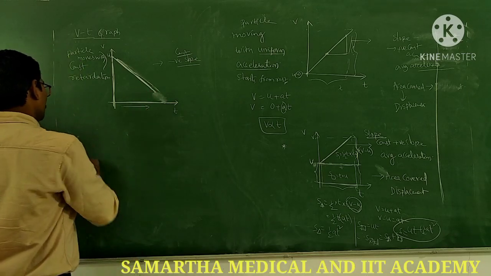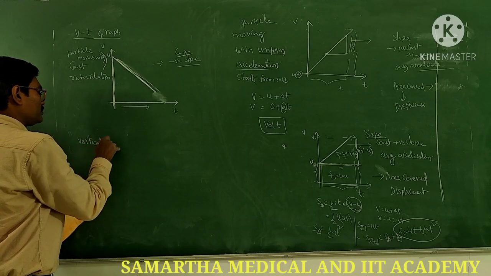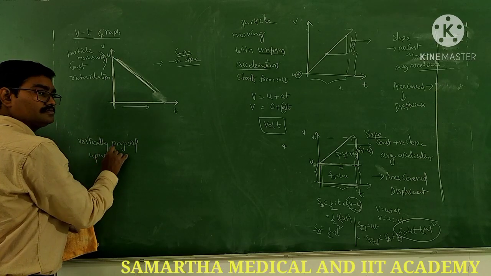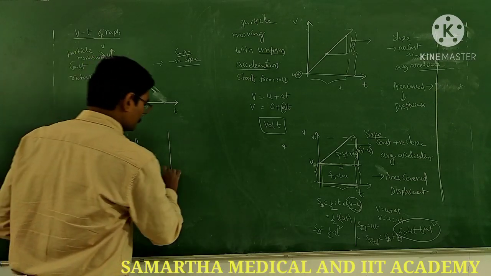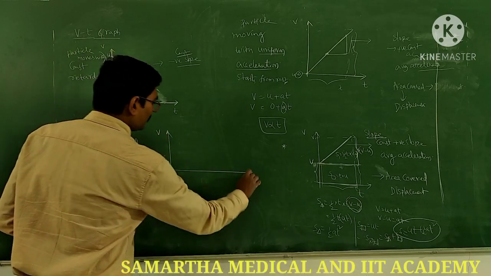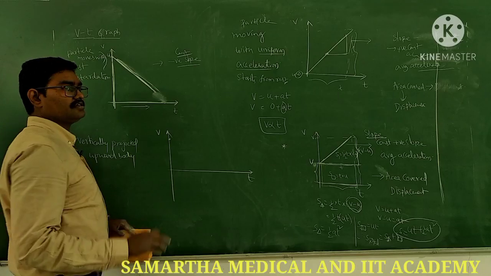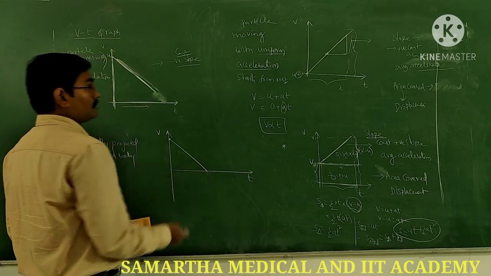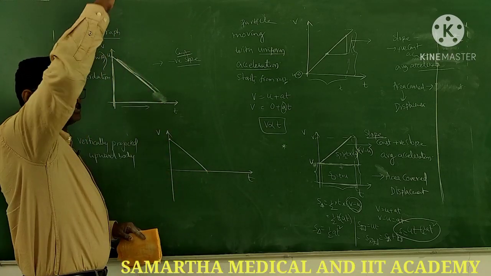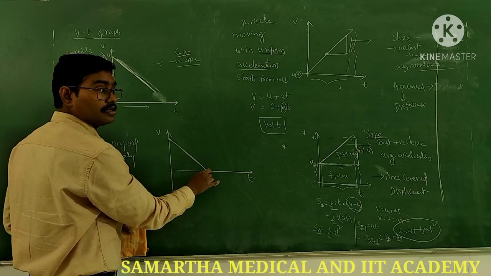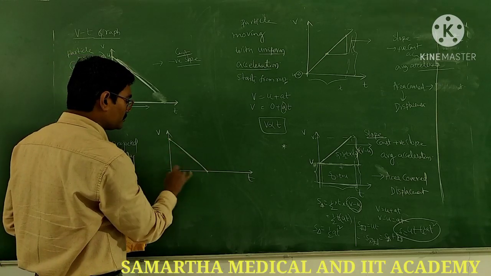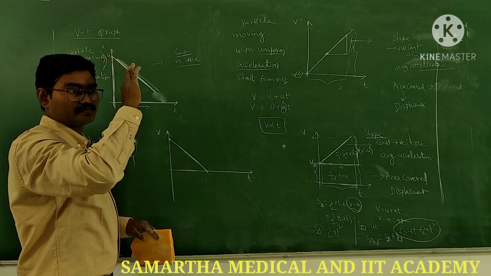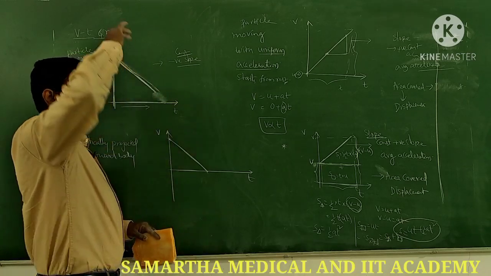Okay, right. So next one, a vertically projected upward body. That is an application only. You see the velocity time graph here. Initially you have given it more velocity, a positive value. While going in the upward direction, velocity decreases and becomes 0 at the maximum height. The time taken to reach the top point for a vertically projected body is the time of ascent.